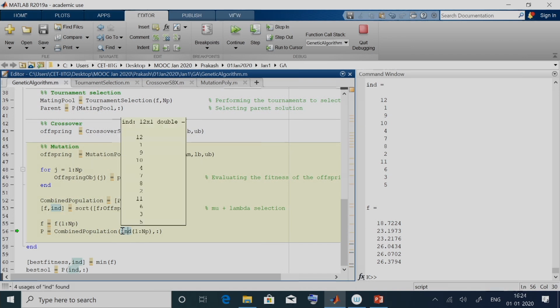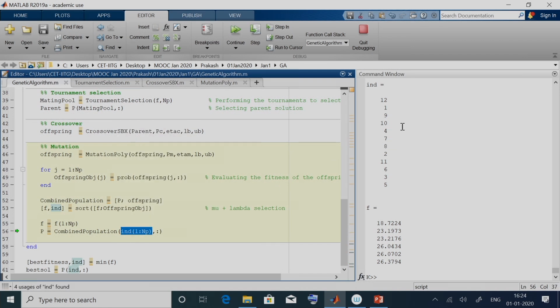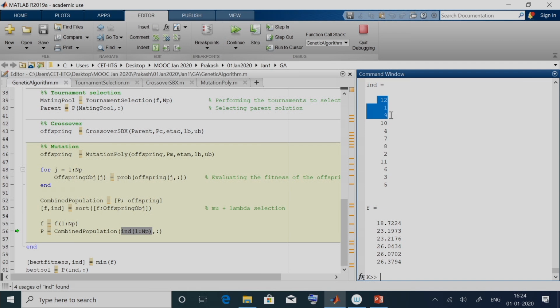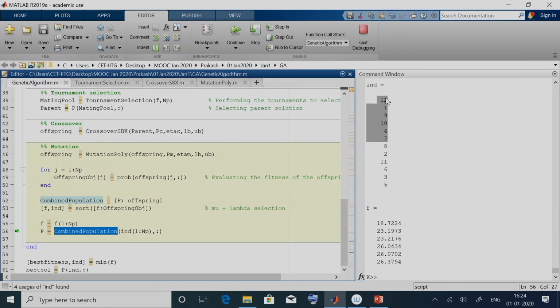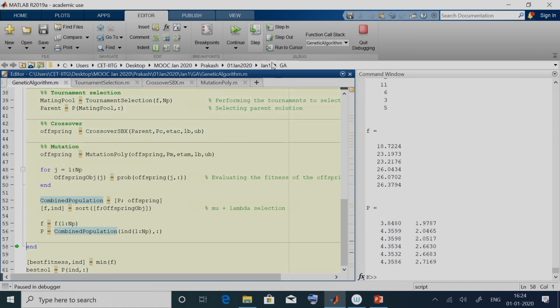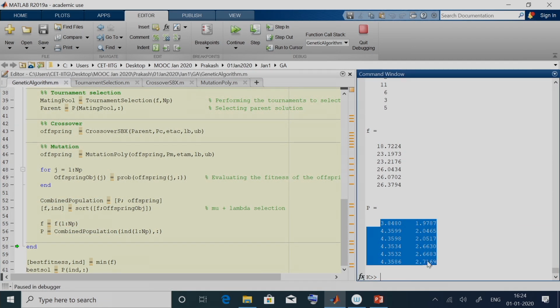When we do ind of 1 to NP, it corresponds to 1, 2, 3, 4, 5, 6, these 6 solutions. We will extract these 6 solutions from the combined population and store them in the variable p. So, p is now again 6.